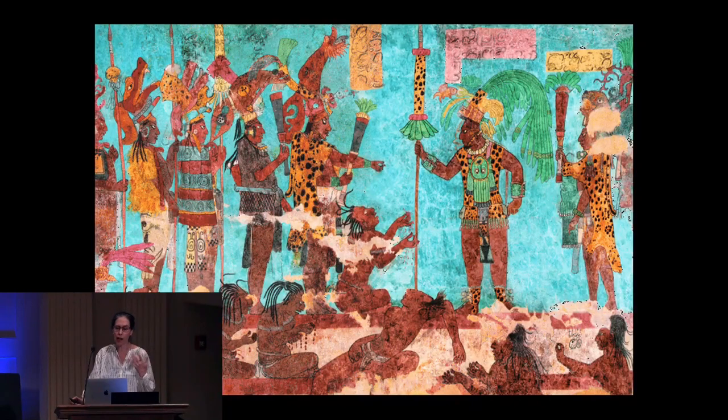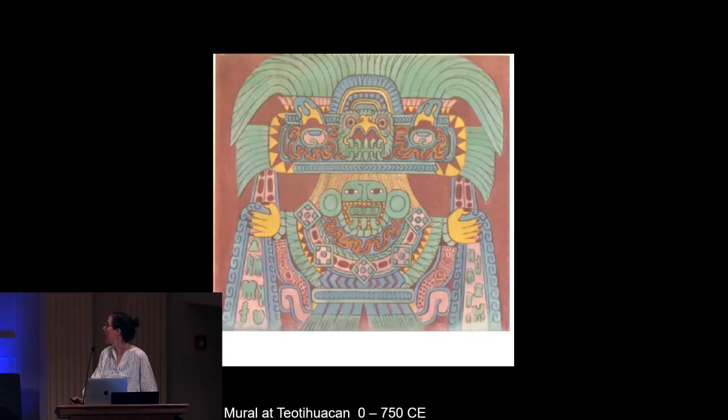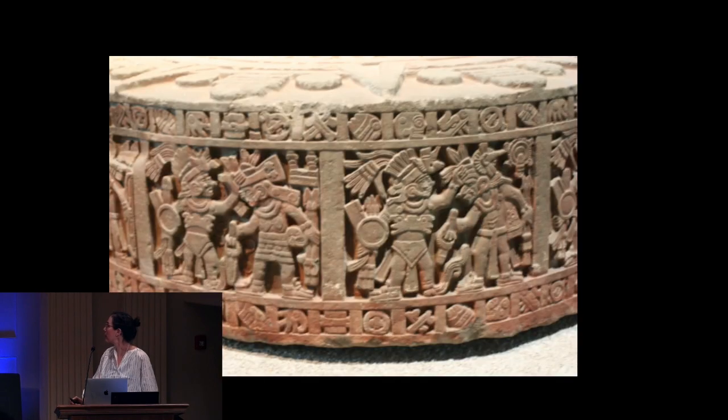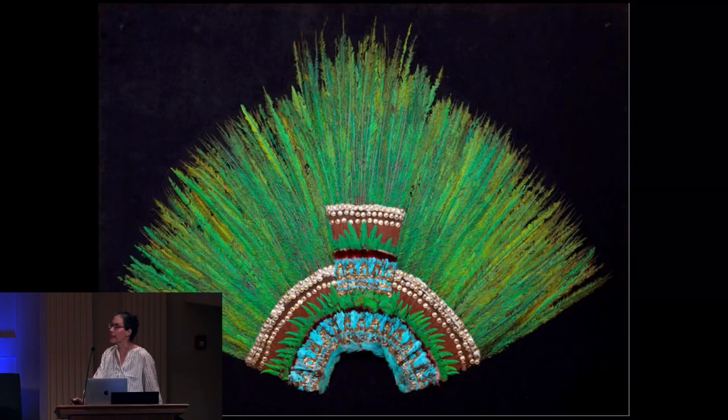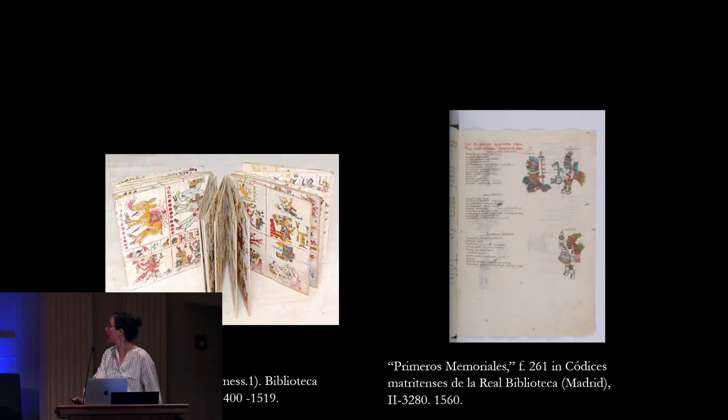So you can see this in all sorts of visual traces. It's important here in headdresses, portrayed on this mural at Teotihuacan, in sculpture showing these warriors wearing Quetzal feathers, here as important tribute items during the rule of the Mexica or the Aztecs, and even in surviving artifacts, this one today in the Vienna Museum.